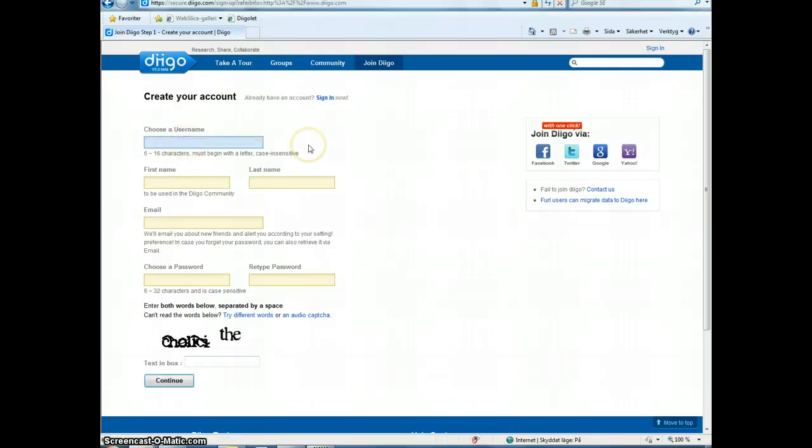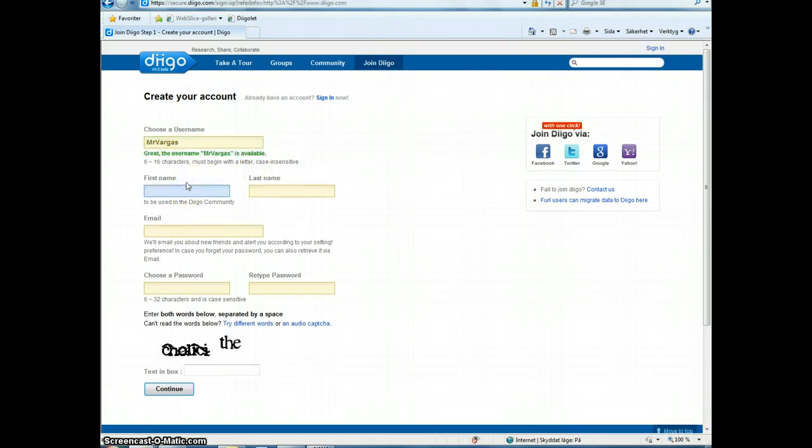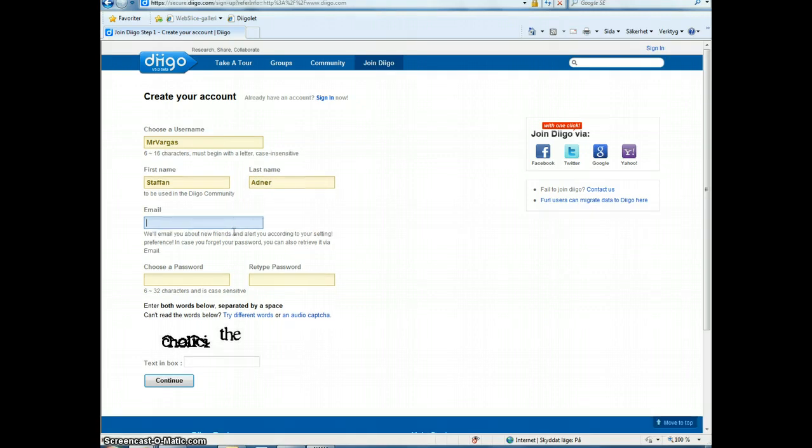I choose a username, and make sure it's something that you will remember, so you can use it later. Write your first name, last name, your email,